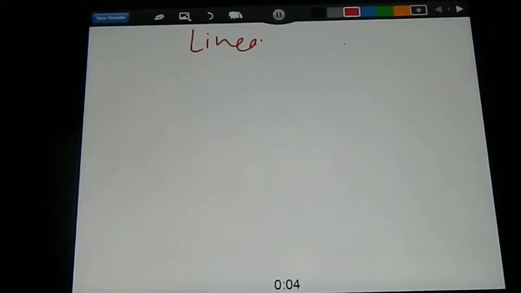So let's go ahead and make a note for, let's say, linear equations. I'm going to record my lecture so that when the student goes back home, he can listen to my voice and go through the notes together with my voice, and that would help him better understand the content. So record it, and then it's linear